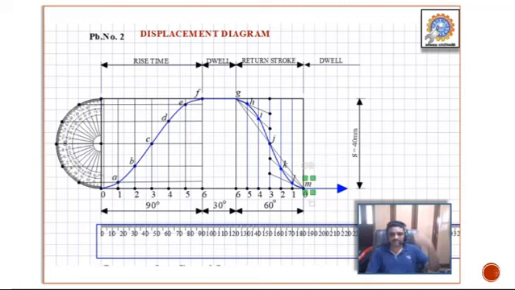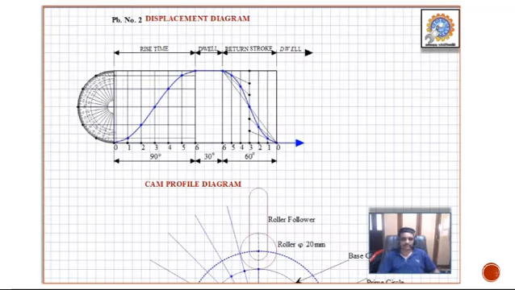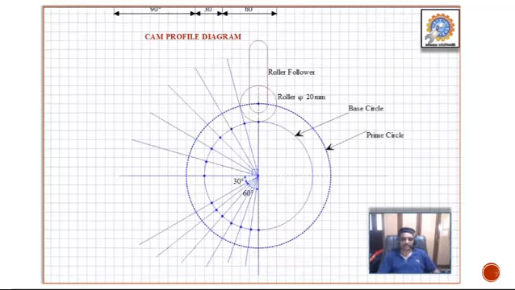And again this is how the cam rotation happens, and with respect to that we are supposed to follow this displacement diagram. Now by referring to this displacement diagram and to the distances 0, 1A, 2B, 3C, 4D, 5E, 6F, and similarly in the return stroke, we are supposed to draw the cam profile diagram. As per the displacement diagram, we now draw the cam profile diagram.